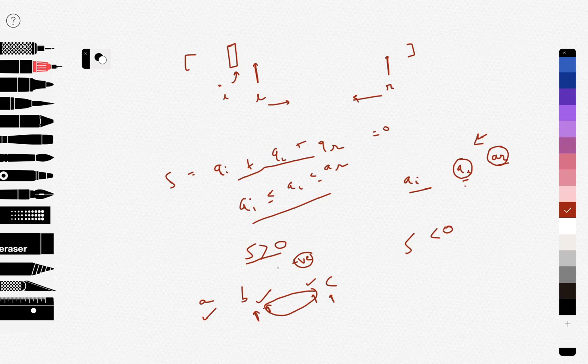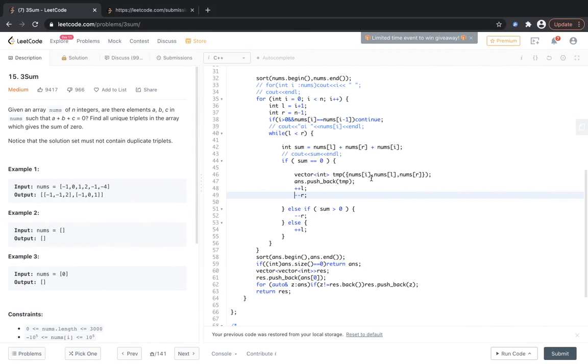If it is greater than 0, decrease r. If the sum is less than 0, increase l, because we will try to add more of something. So that is how you do it using two pointers.